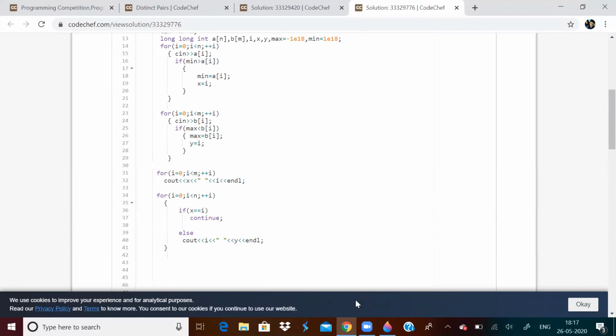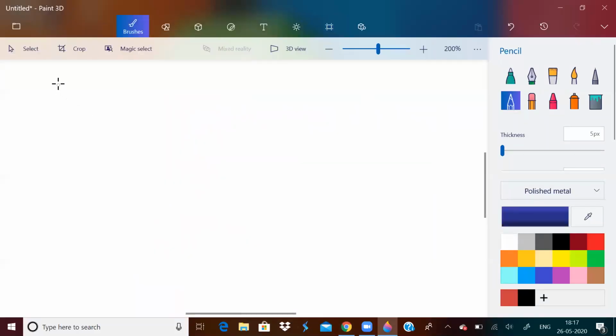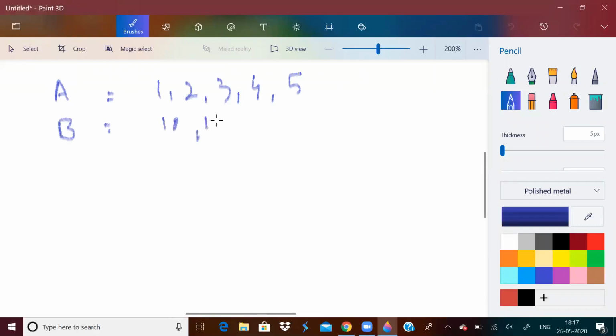So let me explain to you what I did. For example, if my array A is 1, 2, 3, 4, 5, and my array B is 10, 11, 15, I found the minimum element in array A. For this case, it is 1.